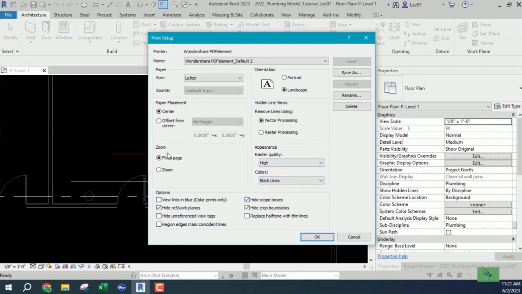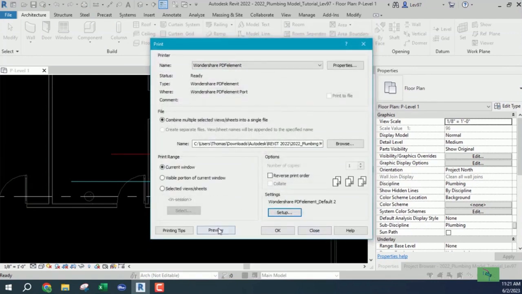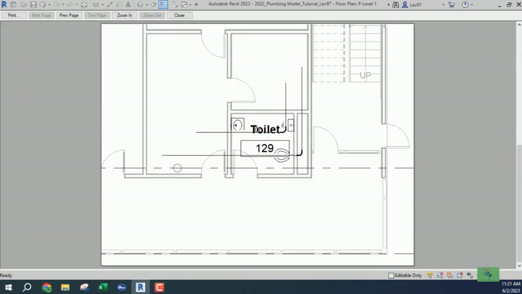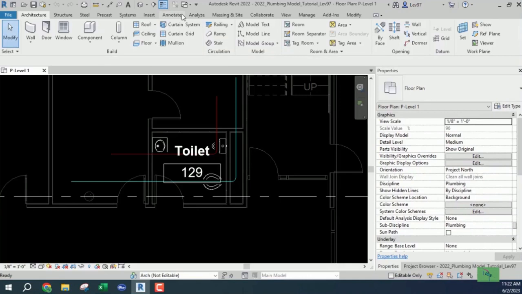Let's do black lines. Say okay to this visible portion. You see how the room name and number is too bold, it's too much. It should be in the background on a grayscale type thing. So what I'm gonna do is